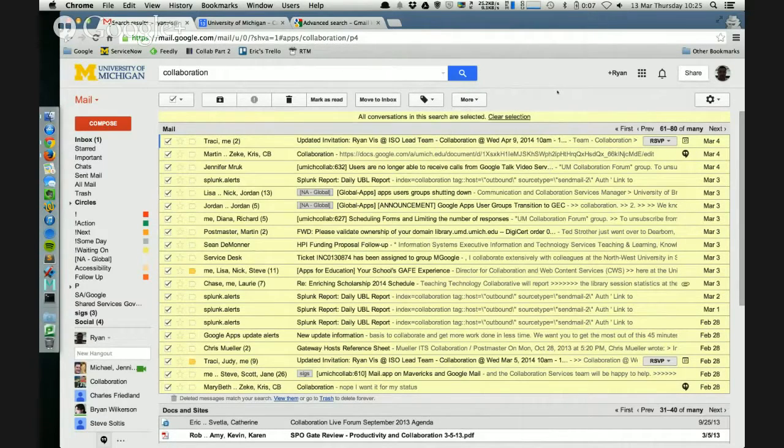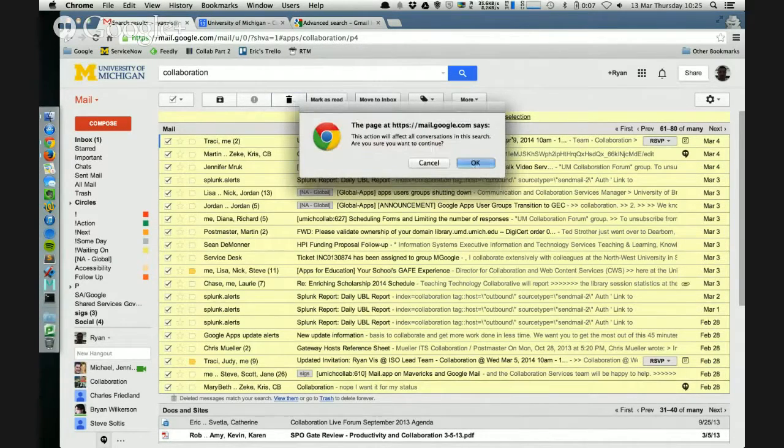So to the specific of the question, one of the things I can do is delete all these messages. I'm going to click this because it's actually going to give me a warning, and the warning is the action you're about to do is going to affect a whole bunch of messages. Are you sure you want to do that? If I were to say OK at this point, it's going to delete everything that I have selected.